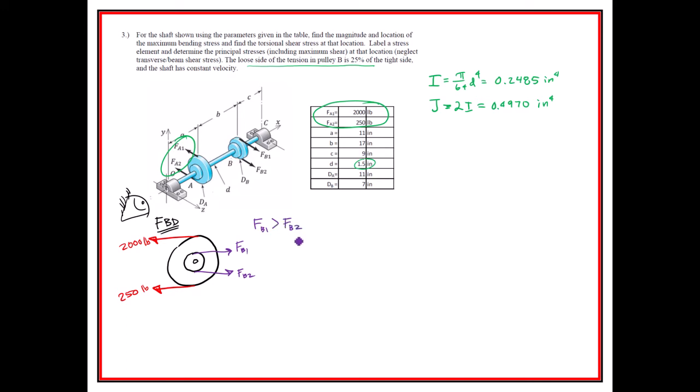And therefore, the way this is stated right here, that means that FB2 is equal to 0.25 FB1, right? So the loose side is 25% of the tight side, right? If we were going to be really 100% correct in our FBD, we would also put reactions right here, but